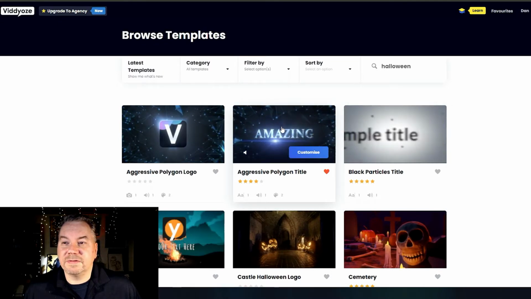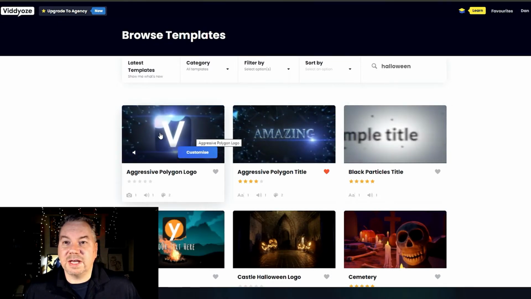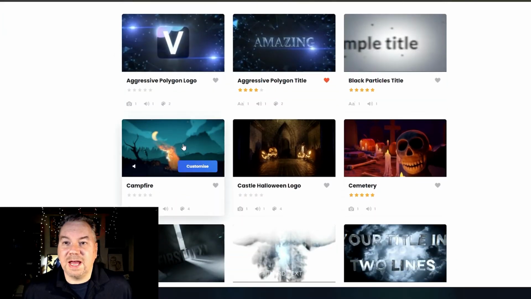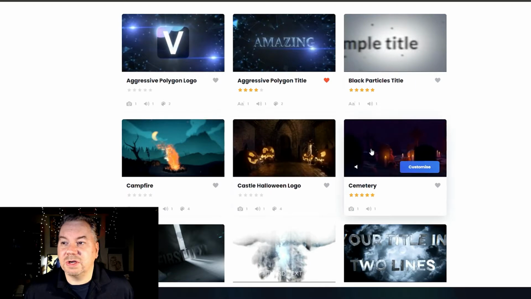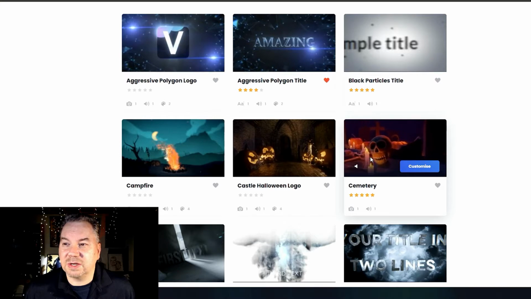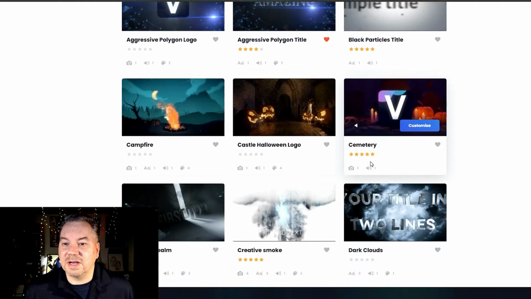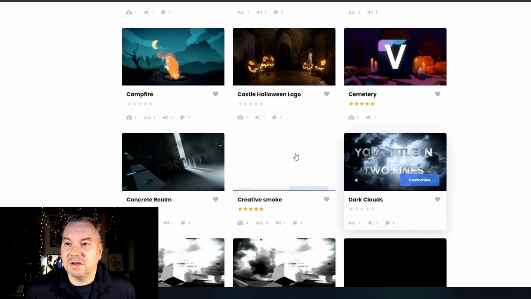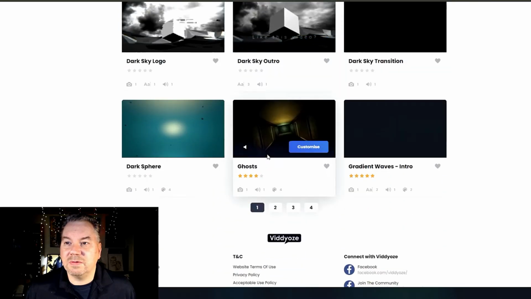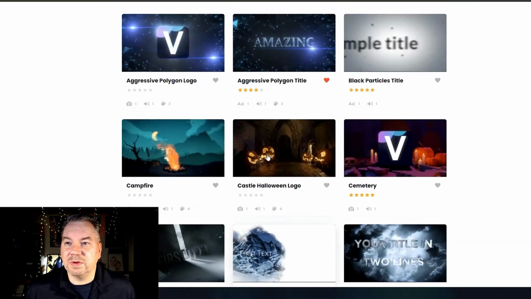Okay, so we have some just dark titles, but then we have these really Halloween themed titles. Halloween castle logo, a cemetery, which is kind of cool. And your logo pops up out of the grave, kind of neat. And then there's just dark clouds and all that other stuff. So, just a quick overview when we're looking at these,